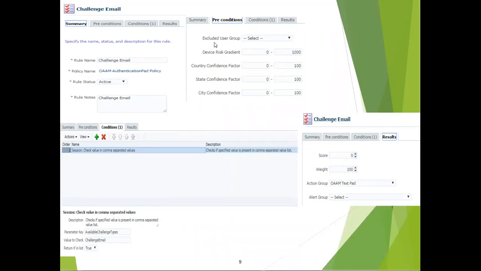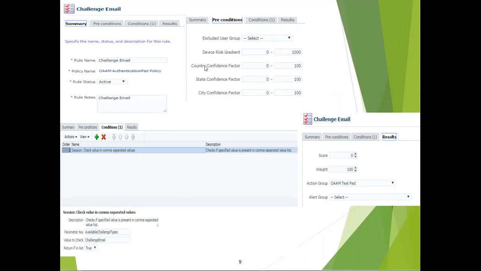That means I do not want to apply this rule to the users which are in a particular group. How that group will be created we will see later, but this way you can avoid a set of users for whom this rule would be applicable. So by configuring the group name, you can exclude a set of users.